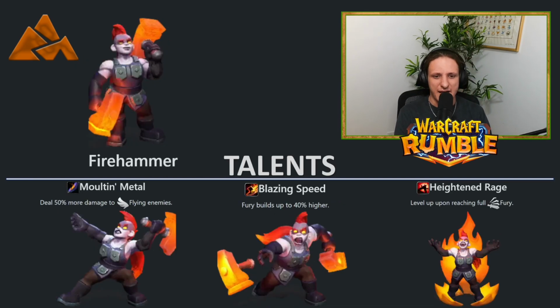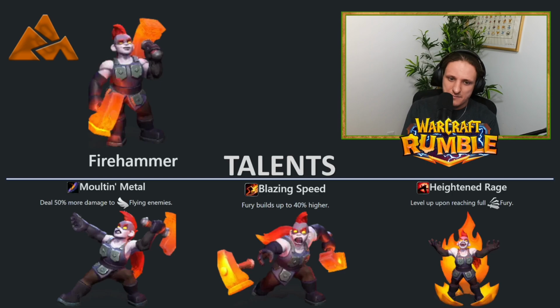Next up, we have the Fire Hammer. The first talent, Molten Metal, where she's going to deal 50% more damage to flying enemies. This can be very good. Depends on the deck. If you have some big issues against gargoyles or anything in the air, this can be very good. But me, I took Blazing Speed, where Fury builds up to 40% higher, because I feel that